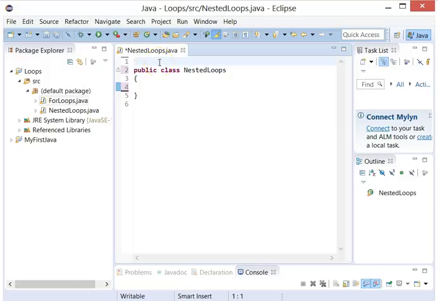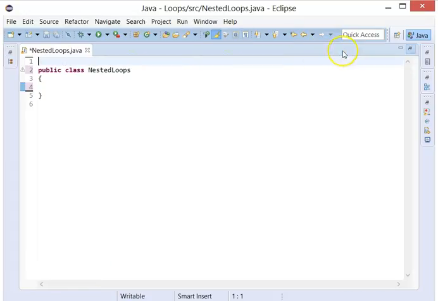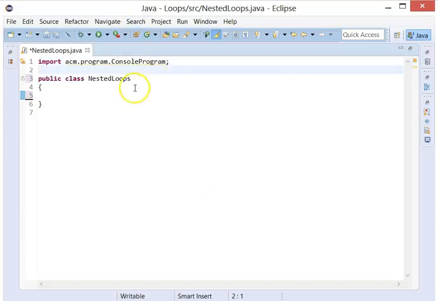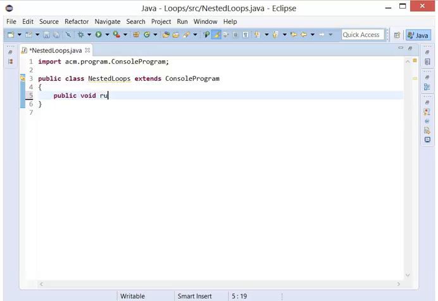So let's get started. Type import acm.program.ConsoleProgram; and over here type extends ConsoleProgram, and then inside of the open and close curly bracket type public void run, and then open and close parentheses, and then type open and close curly bracket, and inside of there type for